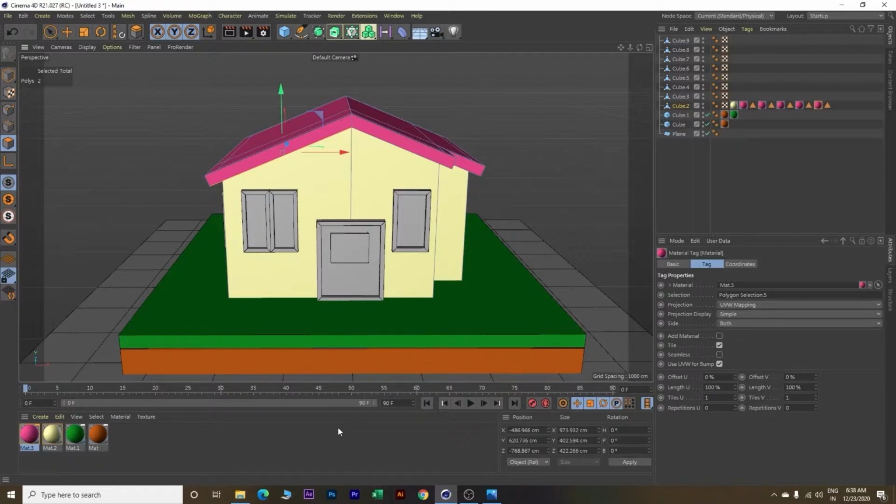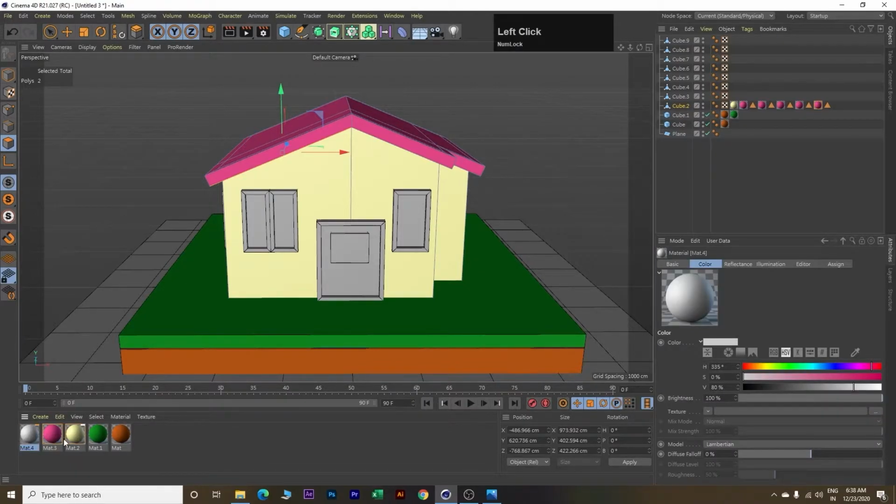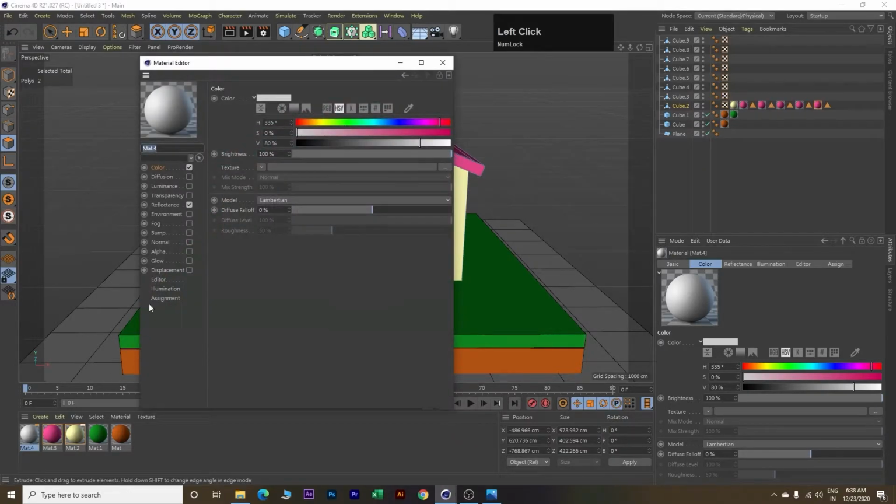So here we will be adding a new material. So double click on this material manager, double click on this newly created material, uncheck reflectance and select an orange color. Okay, this looks good.